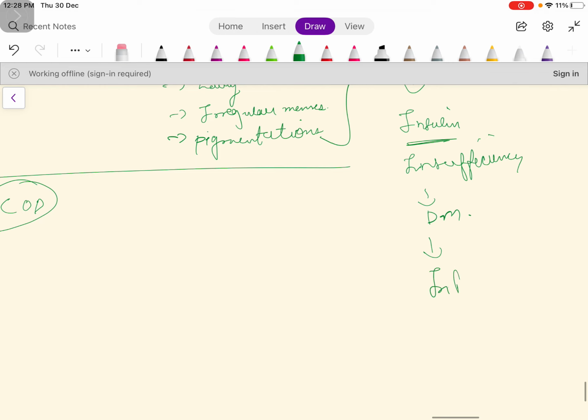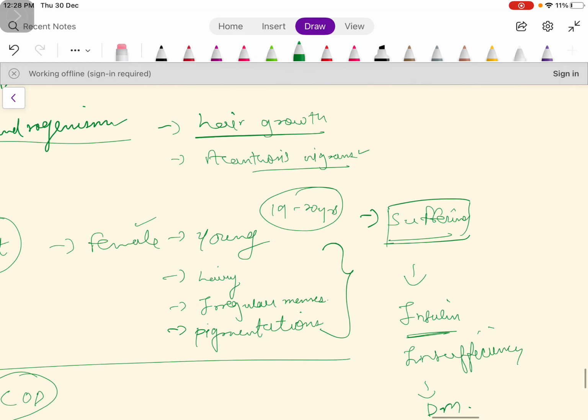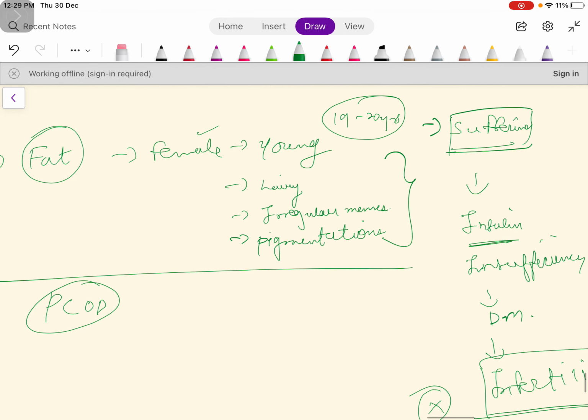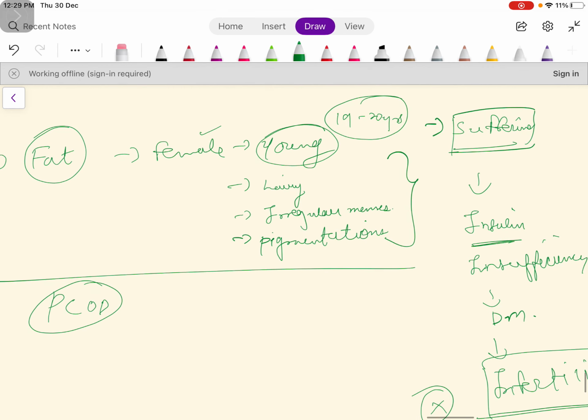This can cause infertility also, because you can see that these follicles that are growing are not rupturing, there is no ovulation. If there is no ovulation, then there will be no fertilization. So when this female tries to conceive, there will be infertility. So this is creating very much social stress to the female,